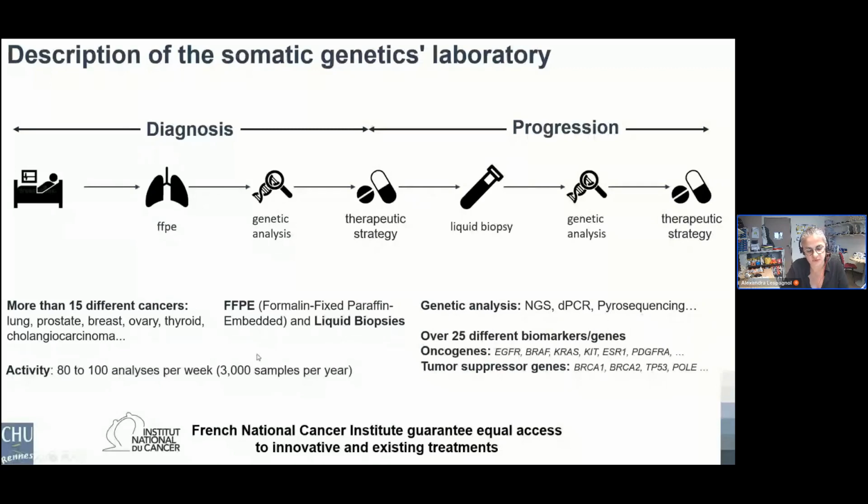It's around 80 to 1000 different analyses per week. We have to check mutations on two different types of genes, oncogenes and tumor suppressor genes. On oncogenes, we have to analyze very specific mutations, so digital PCR is very well adapted for this type of gene. And we keep the NGS for analysis of BRCA1 or BRCA2 genes. We will do this diagnosis